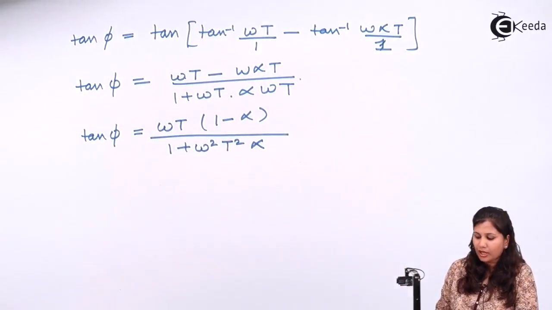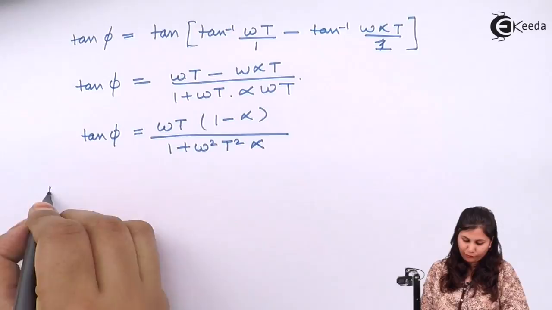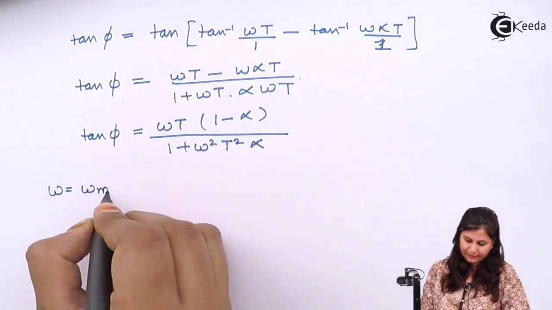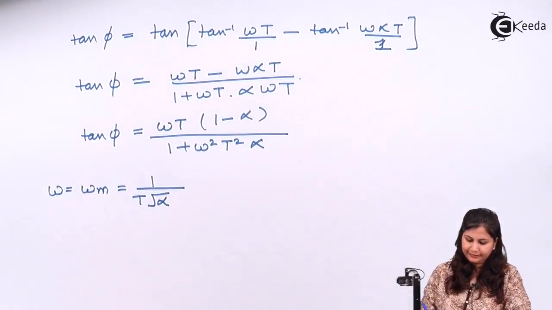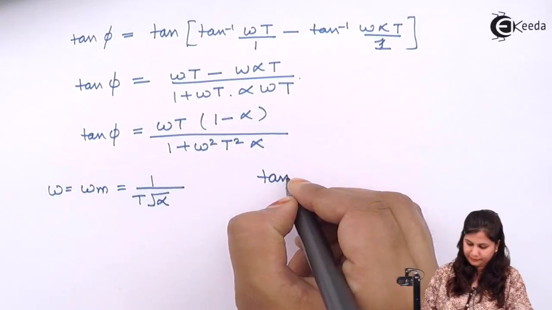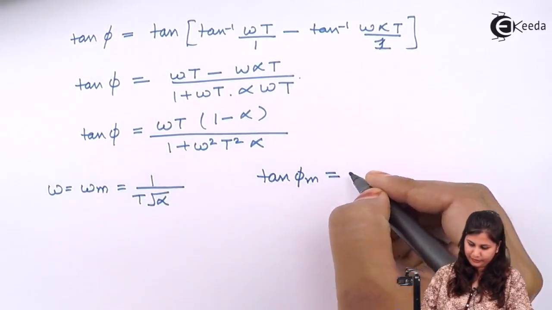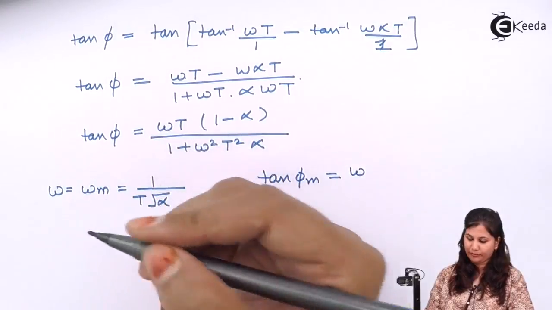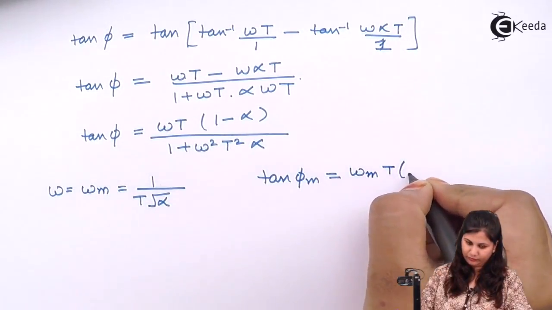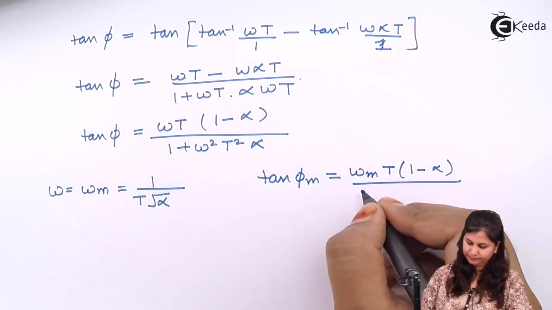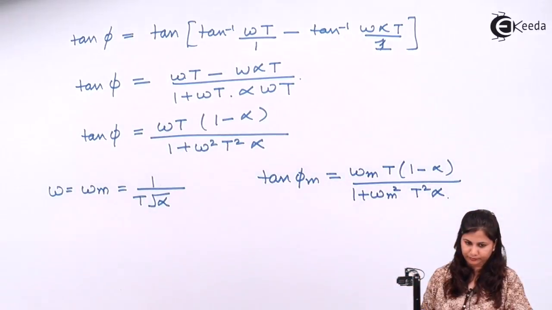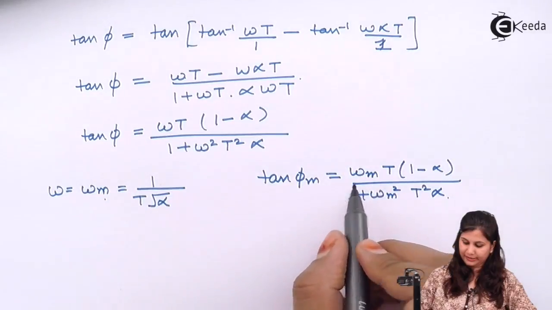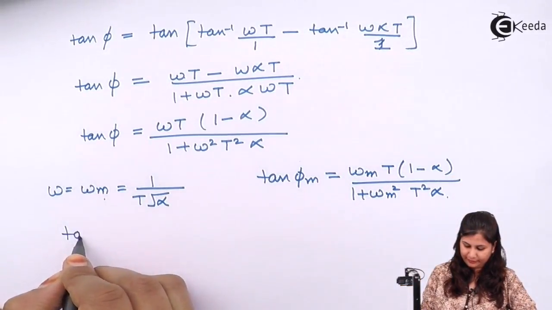Okay. Now we have calculated the value of omega m as 1 upon t root alpha. And tan phi m, if we calculate, it will be, replace this omega by omega m. So omega m t times (1 minus alpha) upon... now substituting the value of this omega m in this tan phi m, so we will get,